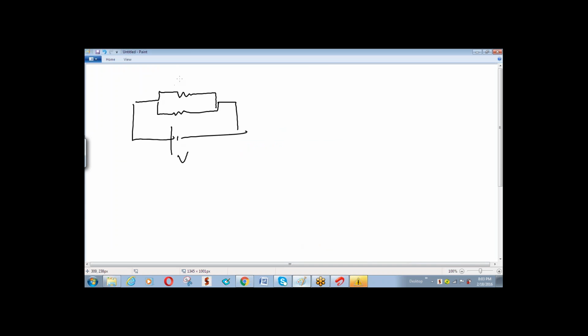This is V, this is R1, this is R2. Now, look, one thing I can say is that this is I1, this is I2. So that means the net current I is equal to I1 plus I2. Right. So can I conclude that the net current supplied by the battery should be equal to the net voltage of